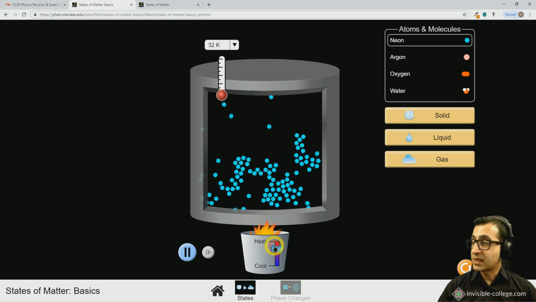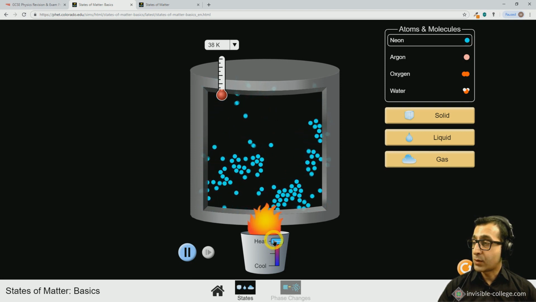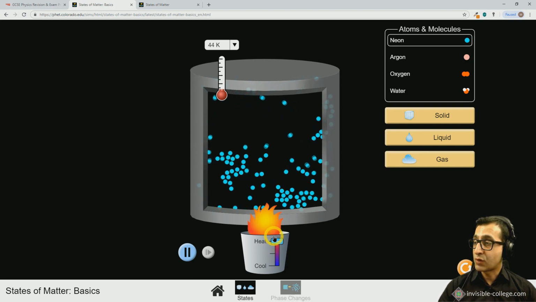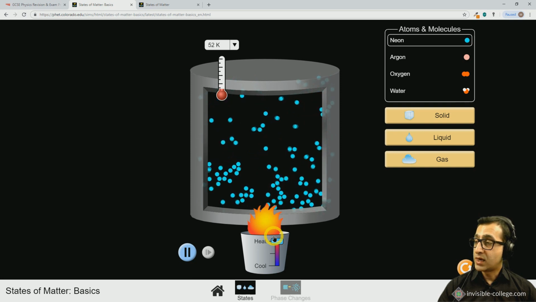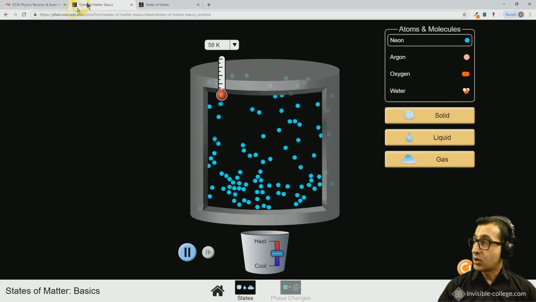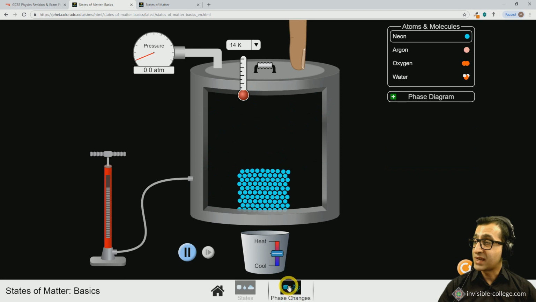And eventually they will also turn into a gas. Now, we're going to be looking at changes of state a bit later on. If you really want to explore changes of state using this model, in the basic version, you can simply go to phase changes, and you have a rather more elaborate setup here where you can add particles to the sample of matter in the